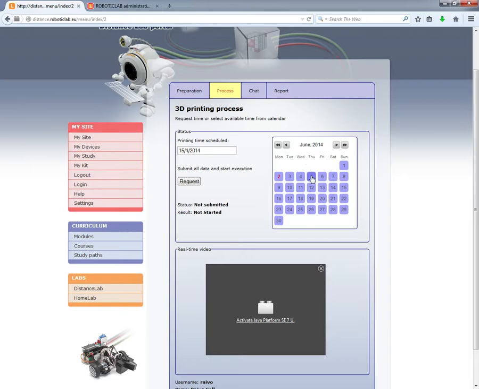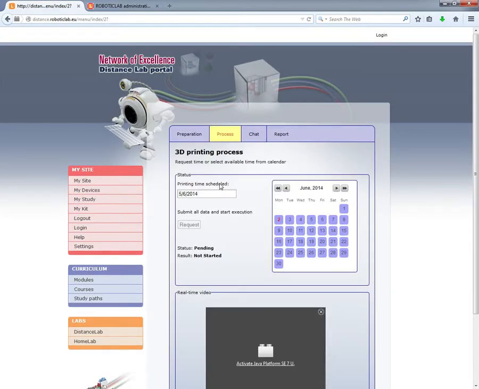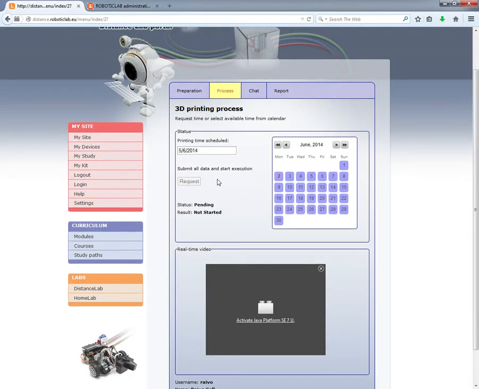For example, I choose the 5th of June, and after selecting the date, I can press Request. Then after pressing Request, this request will be sent to the lab owner, and the student can start waiting for